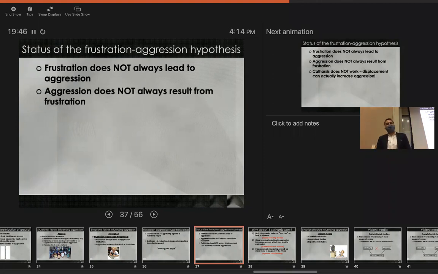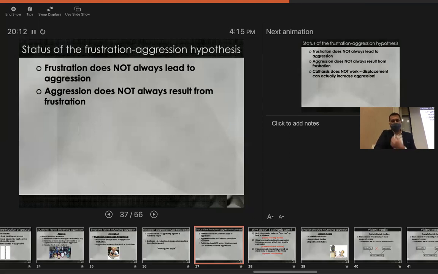Secondly, aggression can come from other things as well, other than frustration. It doesn't always come from frustration, as the researchers had originally claimed. We've seen just a few minutes ago what some of those sources are, right? It can come from a feeling of being physiologically aroused and misattributing that arousal to anger, for instance, or from alcohol or whatever. Okay, so the researchers kind of overstated their case a little bit.